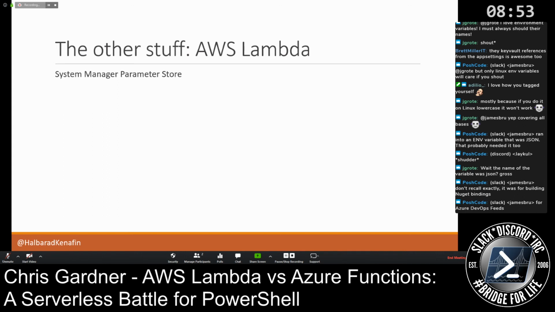But then the next run, it may be talking about product B, product C, and so on. So it gives me a lot of flexibility in how I write my Lambdas and my functions without having to maintain one Lambda per product I want to talk to. I can just maintain one and a bunch of JSON files. So that's quite nice.